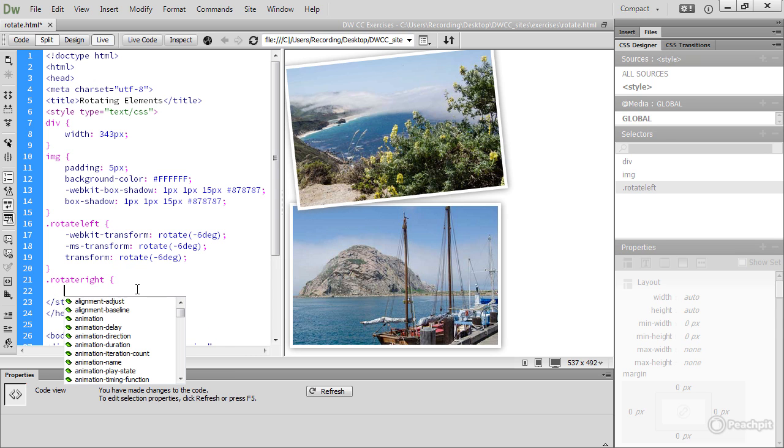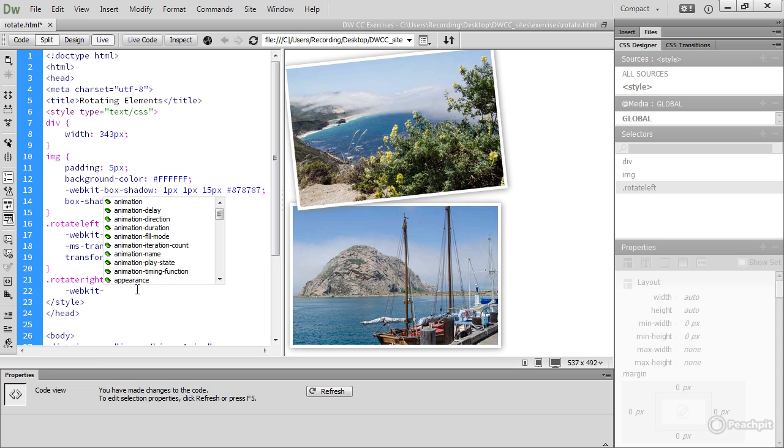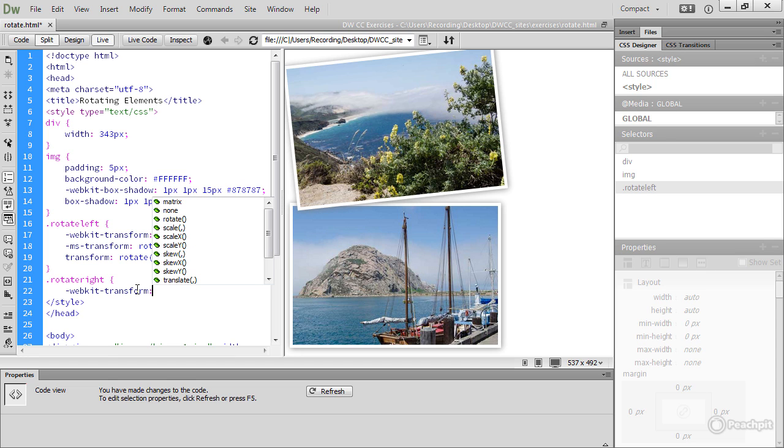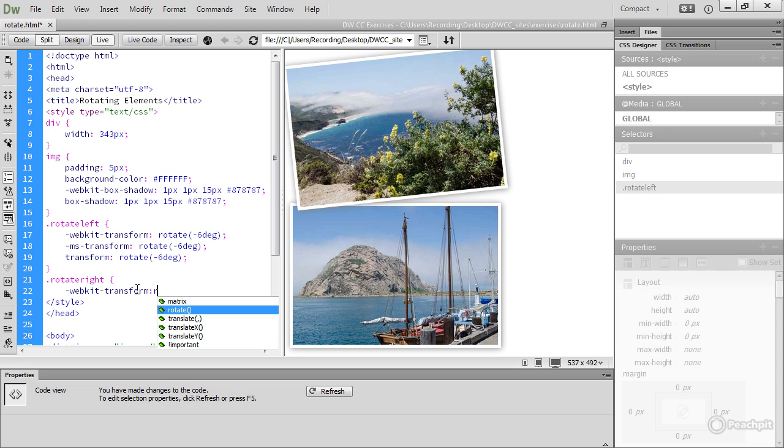I'm opening curly brace, and I've now got code hints. So if I press hyphen, I get these various code hints. Start typing WE, it gives me WebKit. Press enter or return, that adds it. Creates more code hints, TR for transform, just press enter or return, and now I get the code hints for all the various things that you can do with transform. So if I just type R, I get rotate, press enter or return, it adds it directly for me. Don't forget the semicolon at the end, and then between the parentheses I'll make it 6 DEG, and then we